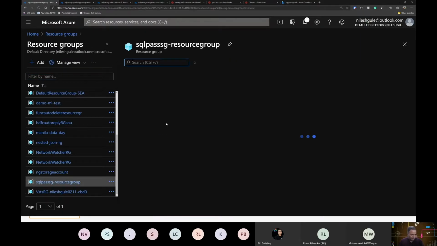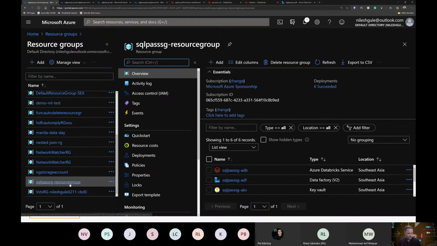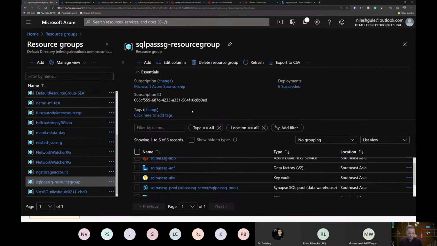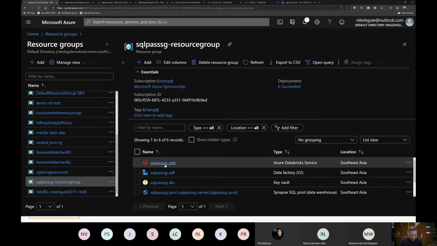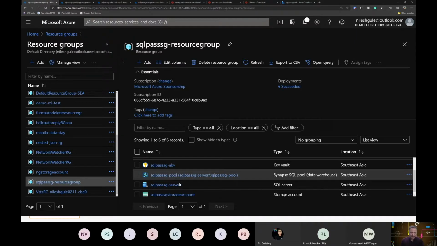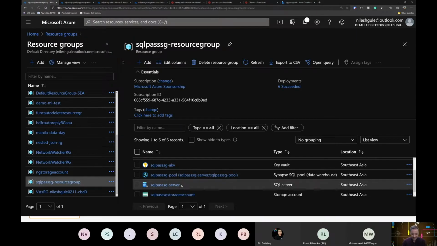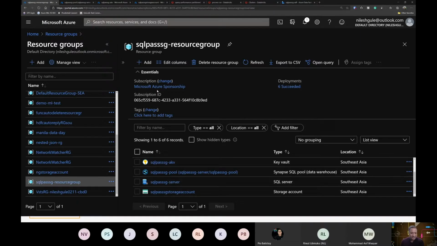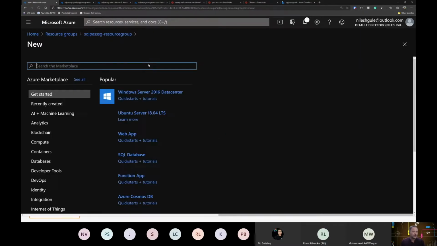If you remember from the earlier sessions, I have a resource group for SQL Pass, for all the objects or all the services that I'm using. So previously I've created Databricks, I've created Data Factory, Key Vault. I've also created an instance of Azure Synapse here ahead of time, but let me just walk you quickly through the process if you were to create a new one.